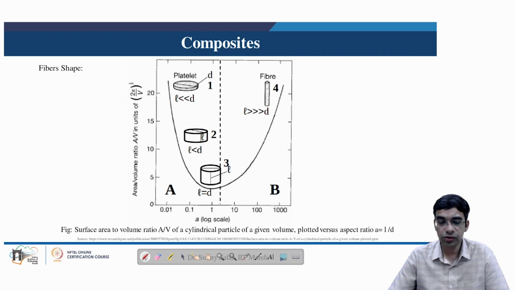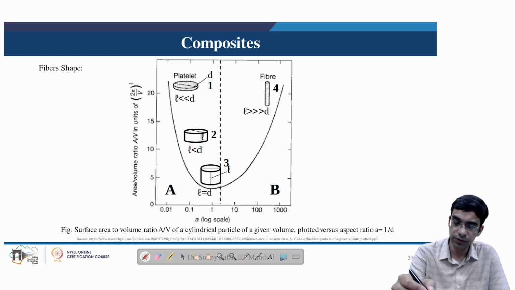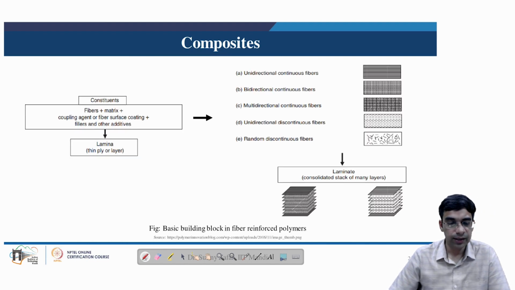So this ensures that there is maximum contact between the fiber and the surrounding matrix, which results in effective load transfer from the reinforcement to the matrix. From the matrix, the load is of course transferred to the reinforcement, and maximum surface area ensures this aspect. So composites, we can say, are a combination of fiber, matrix, and sometimes some coupling agents may also